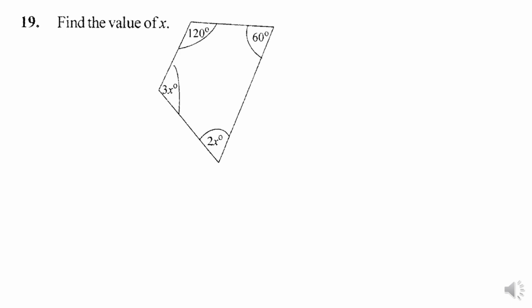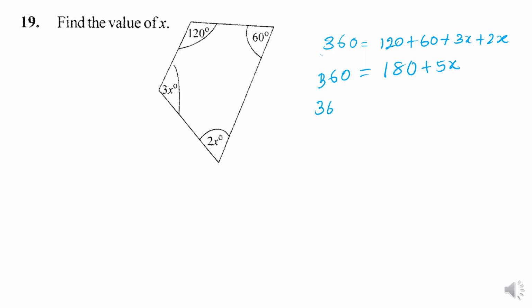This is a quadrilateral. The quadrilaterals have 4 angles. The sum of these 4 interior angles is equal to 360 degrees. So 360 is equal to 120 plus 60 plus 3x plus 2x. Therefore this is 180 plus 5x, equals 360. Now we can subtract 180 from both sides. Then this is 360 minus 180 is equal to 5x. Then 180 is equal to 5x. Then we divide both sides by 5, and then we get x is equal to